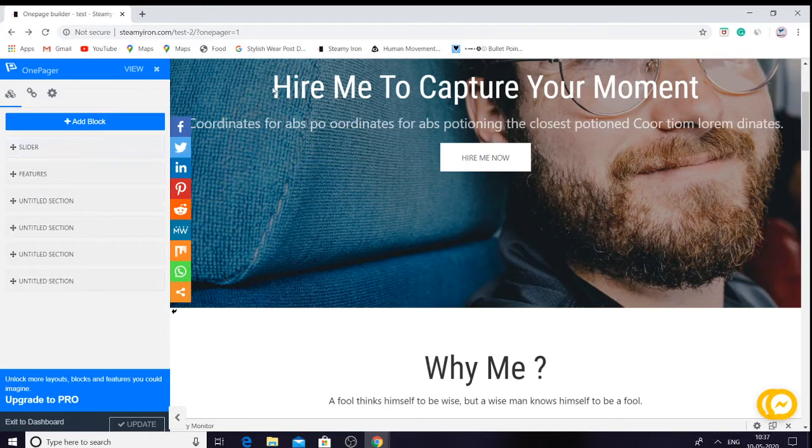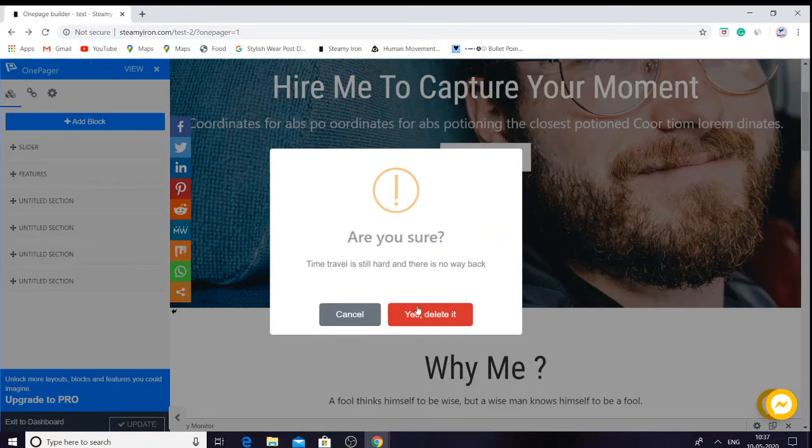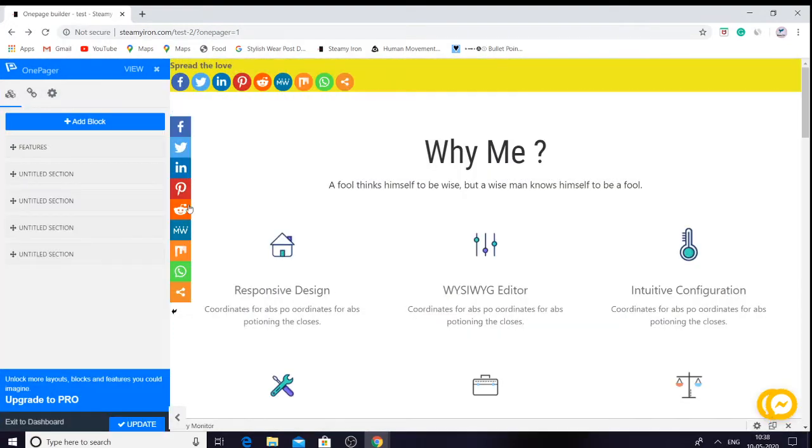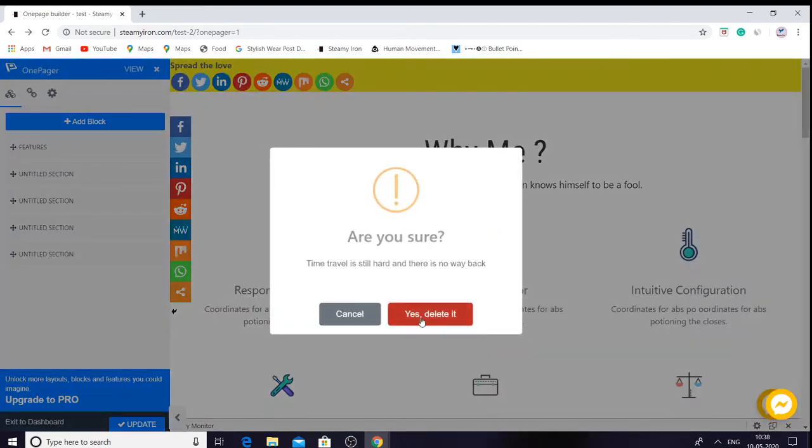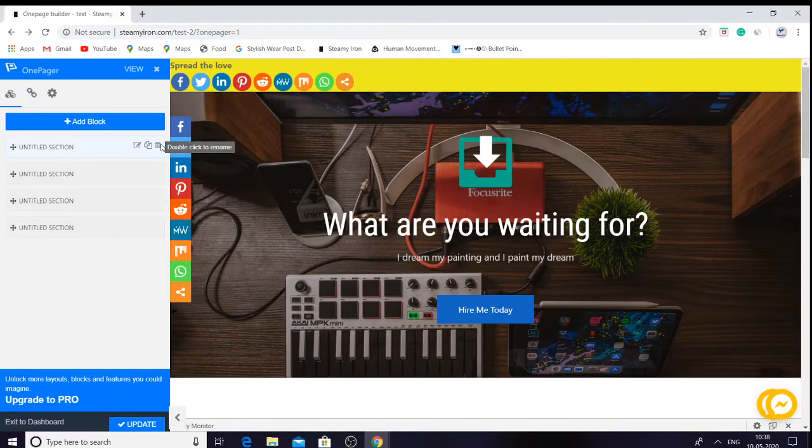I can add the slider, I can remove the slider. Suppose I clean all the design. Okay, remove the slider. Remove this Vimeo. Alright. Remove it.